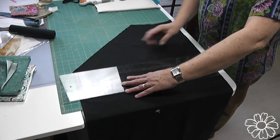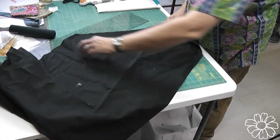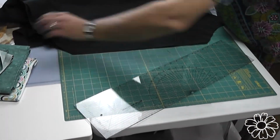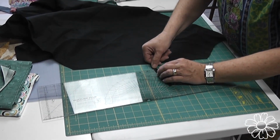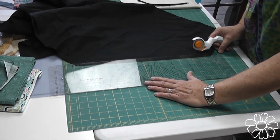We're going to be looking at cutting the strips for our bias for our stained glass window strips. So we're going to be cutting on the bias, which is a 45-degree angle to the straight edge. I'm just going to line up my bias cut, which I already have on this piece of fabric, and I'm going to be making,